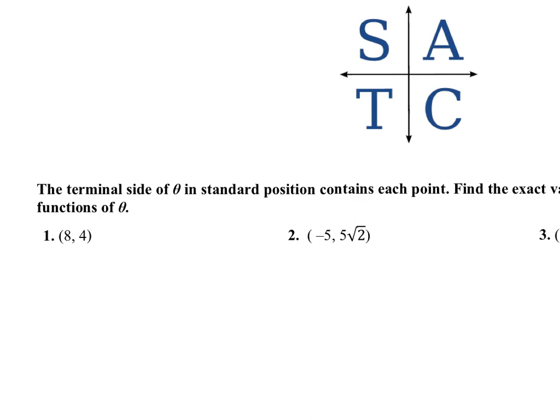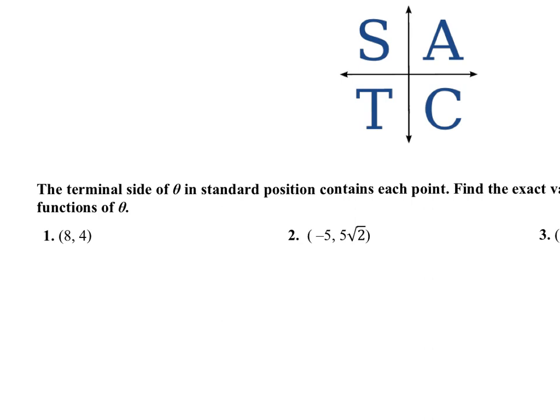For 12.3 day 1, we're going to do more trig, but this time you're going to be given a coordinate, and the terminal side is going to pass through that coordinate, and then you're going to find the 6 trig functions. Alright, so for number 1, they give us the point 8,4, so I'm going to make a very rough sketch